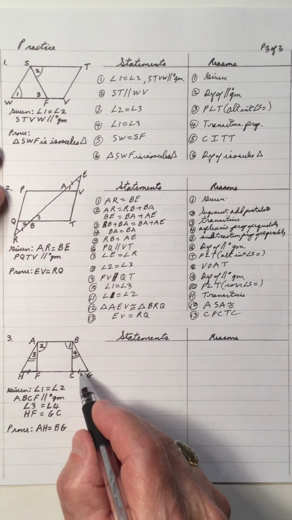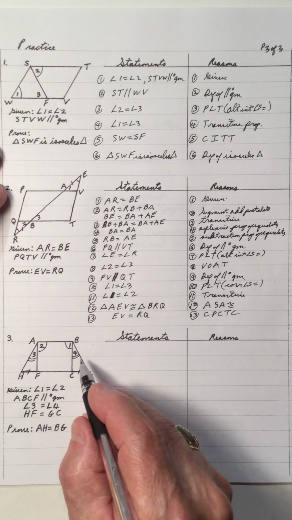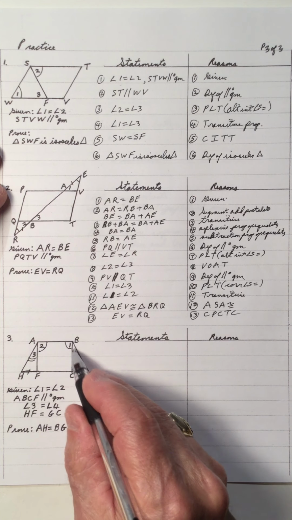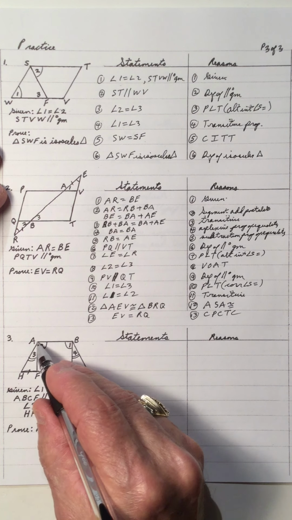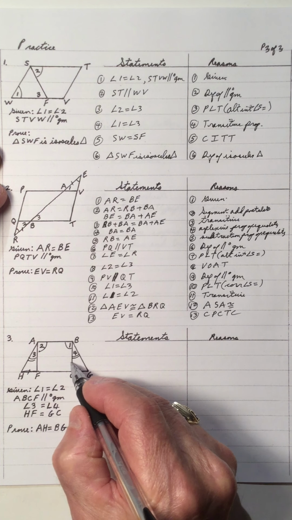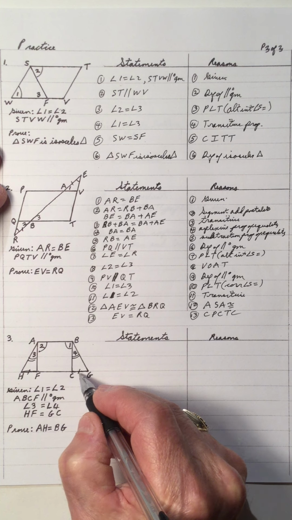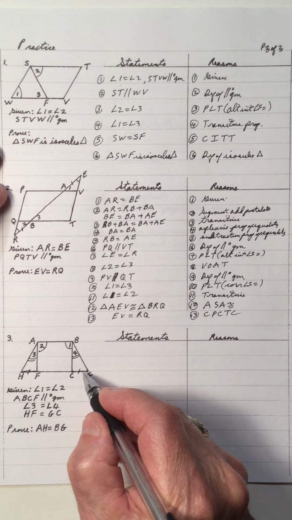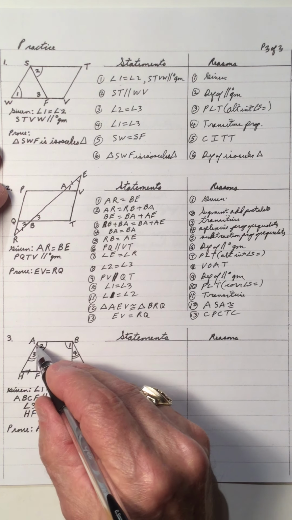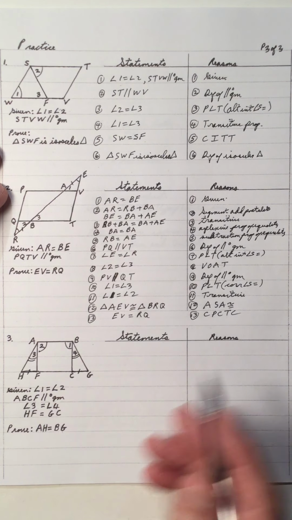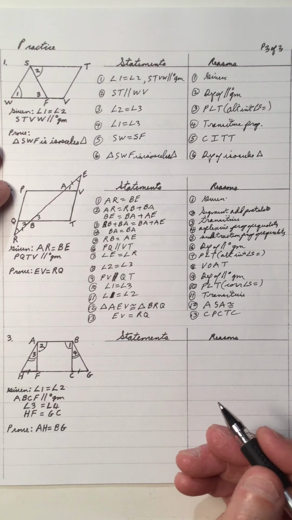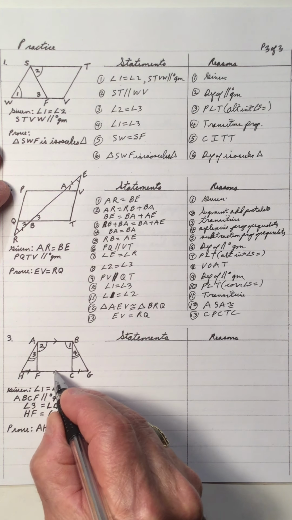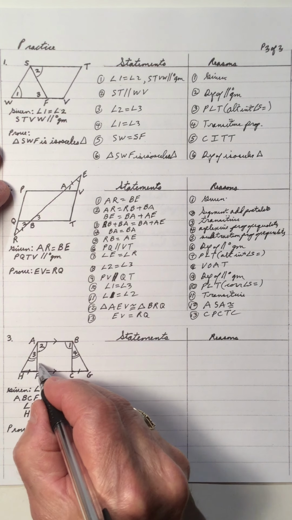So I got an angle and a side, I need another side. If I have this side equals this side, that would be an ASS. I can't have it. If I had BG equal to AH, but that's what I've got to prove. So I need an angle. So how do I get an angle? Oh, I got parallel lines. And parallel lines give me